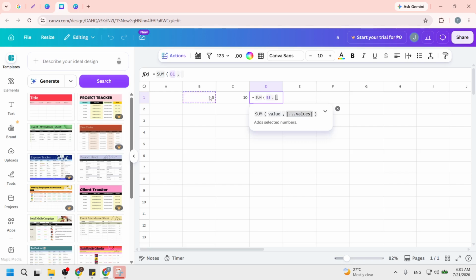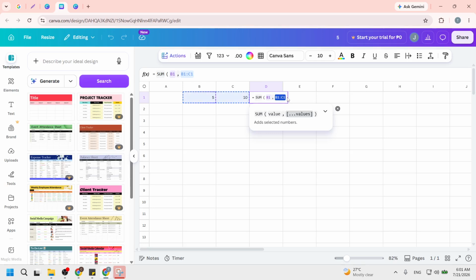After that, highlight the range of cells you want to calculate by clicking and dragging your cursor over them. This action allows you to select multiple cells at once, which is essential for functions like sum or average. As you drag your cursor, you will see the selected cells highlighted, confirming your selection. This step is significant because it ensures that your formula will operate on the correct dataset, leading to accurate results.